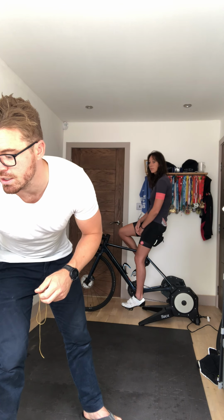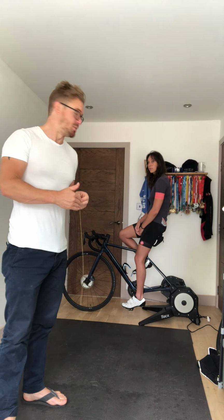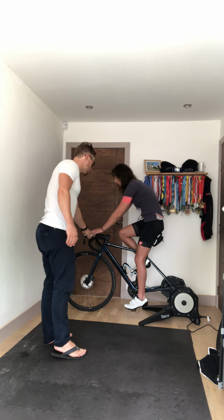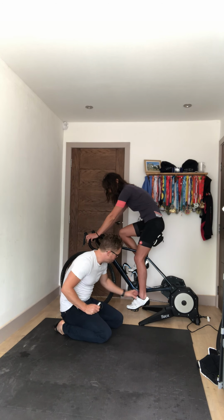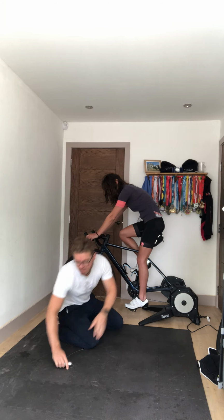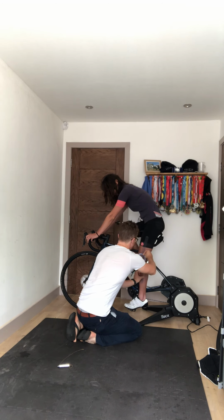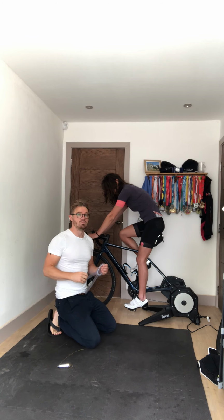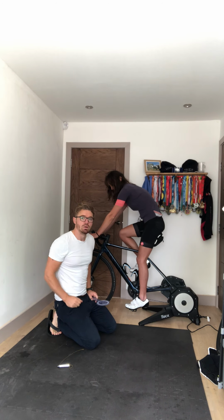The first thing with this is you should be looking for about a 30 to 35 degree bend in the knee at your bottom dead center position. So I'll try to get you to put your hands on the bike. Your bottom dead center position is when your foot is level at the bottom end of your pedal stroke. Your knee should have a 30 to 35 degree knee bend. Now Charlie here is definitely a bit outside of that, and if we use the goniometer, we can see that Charlie is actually just around 25. So what we do is drop Charlie by about 10 mil on the saddle, and then reassess, and hopefully we're somewhere within the 30 to 35